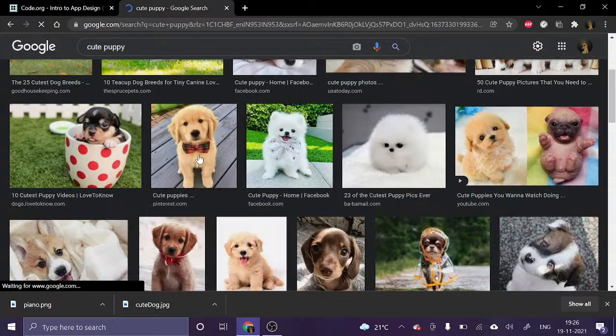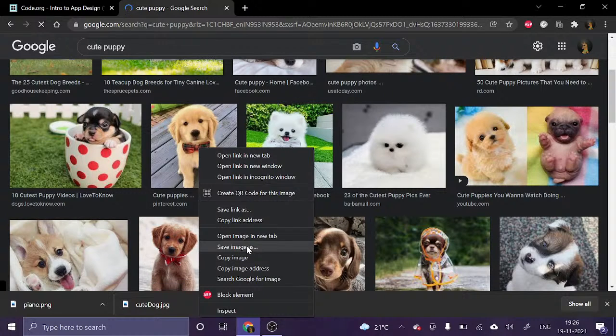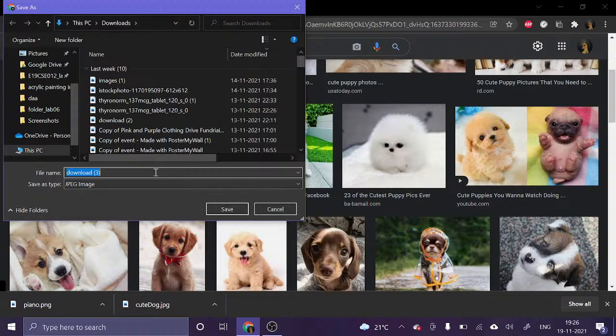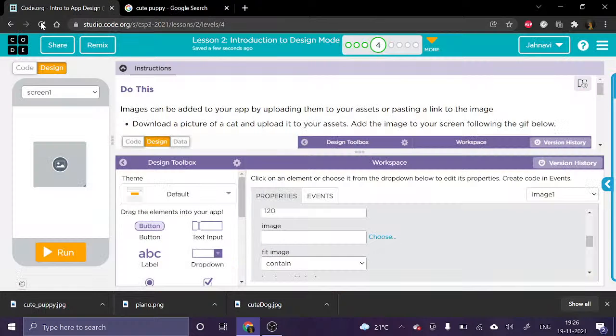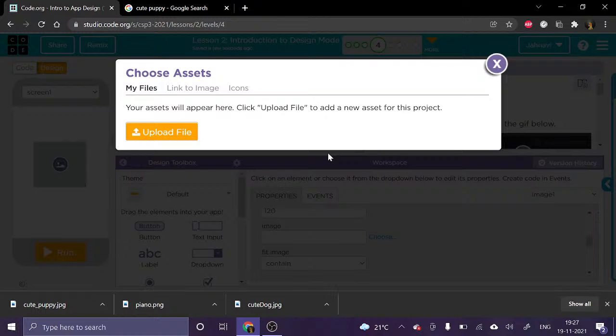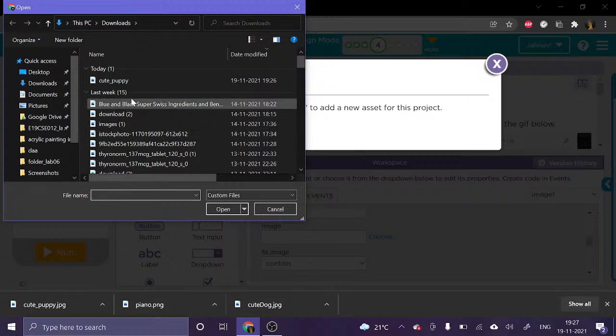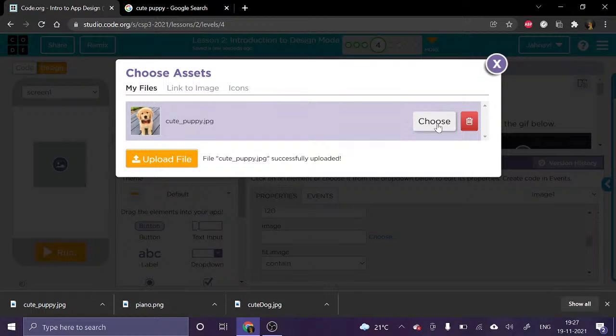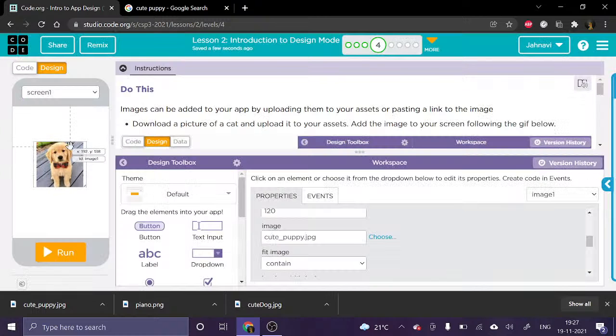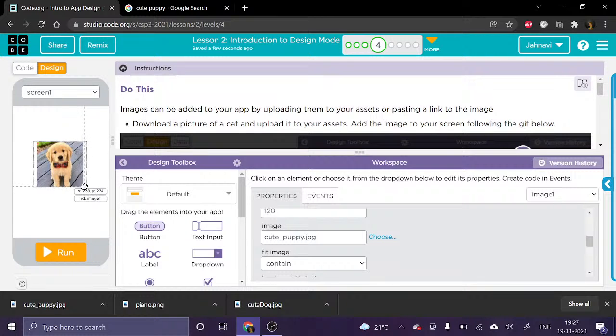Okay, I like this picture over here. I'll download it. Okay, I'll download it. And here you click on choose, upload file. You choose that image. Yeah, again choose, and that puppy's photo is here. You can drag it and make it